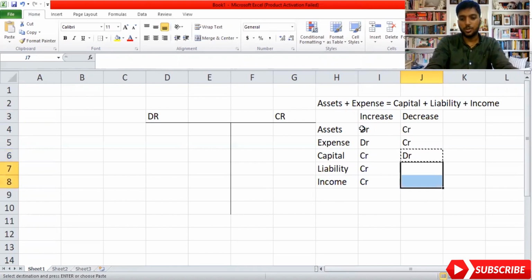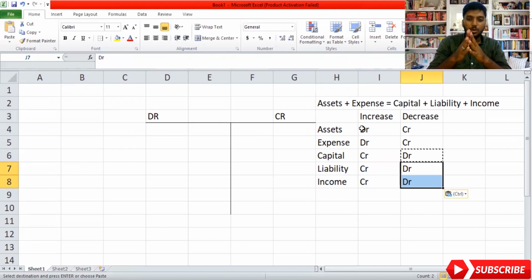The same formula you need to apply. To do a double entry transaction, the basic thing you need to know is how double entry works. What happens to each and every transaction and how you are going to record it. In chapter number 5, I taught you how to record what happens to assets and how they increase. In chapter number 4, I taught you what an asset is and what comes under assets, what is non-current asset, what is current asset. Everything is explained much deeper in chapters 4 and 5. So if you do not understand chapter number 6, please refer to chapters 4 and 5 for proper clarification on what I'm going to teach now.